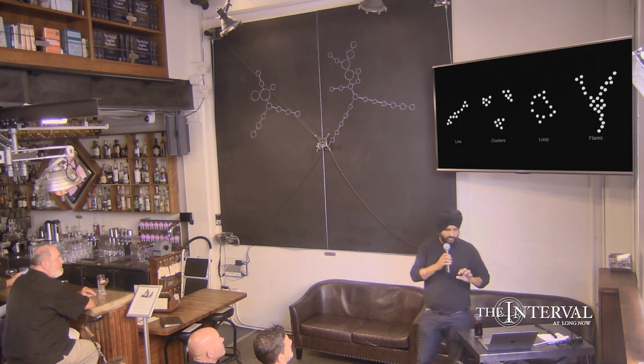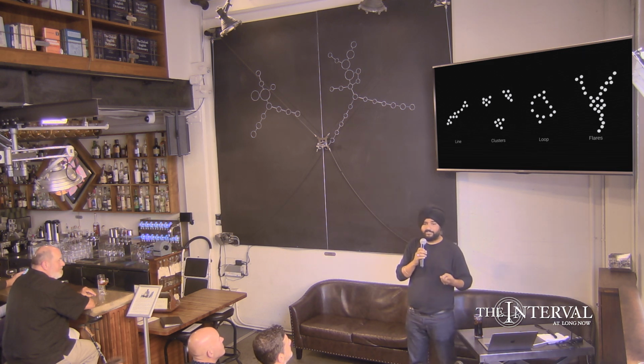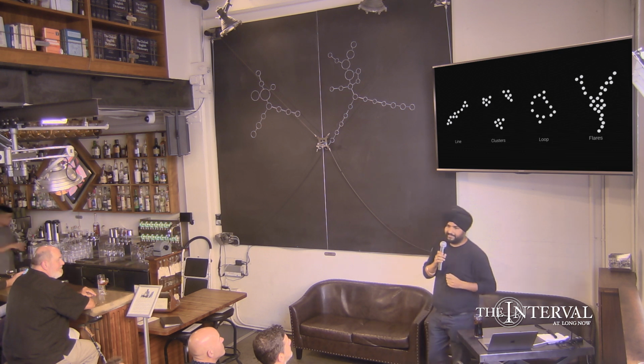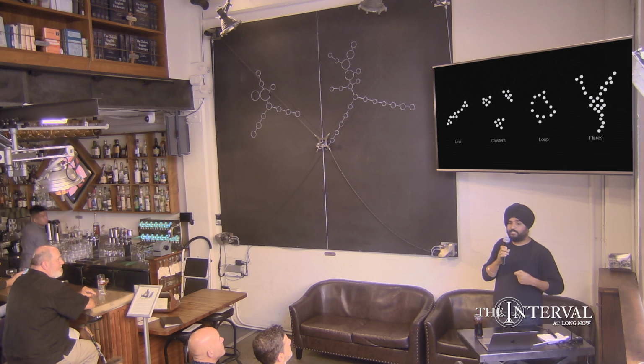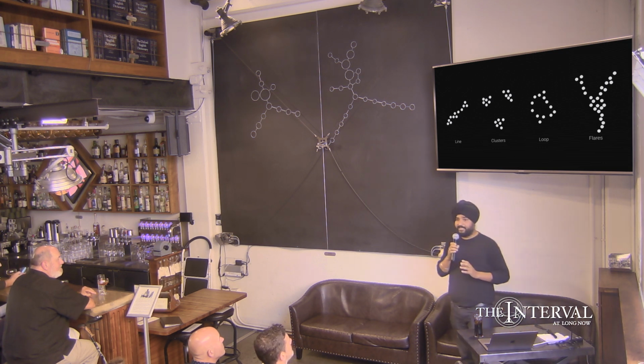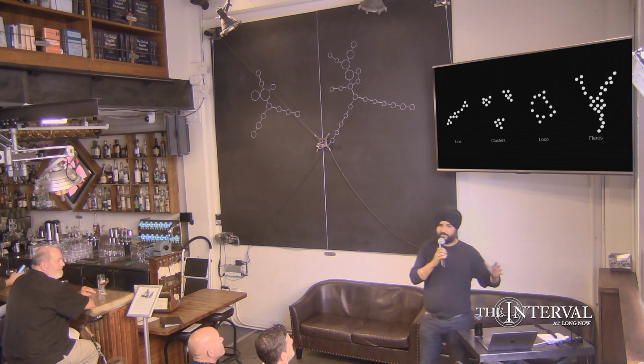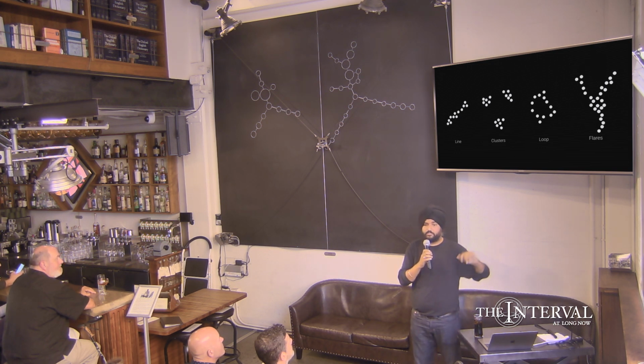Okay. Now with this background, I want to make 2 points. The first point is that the shape of the data actually contains a lot of information about it. If you knew the shape of the data, you wouldn't have to ask many questions about it going in. The second is, we have great algorithms called regression and clustering that solve the first 2 problems, but we don't have an algorithm called loop detect or flare detect.